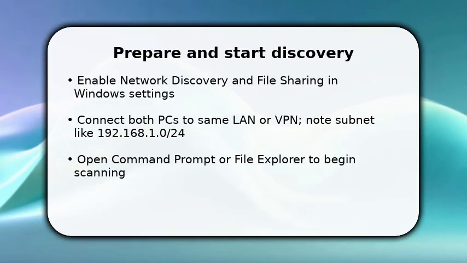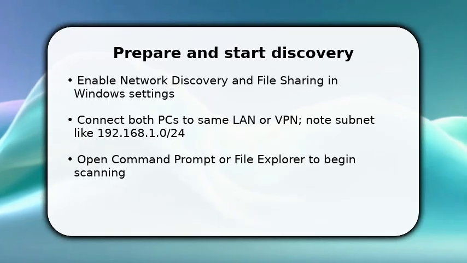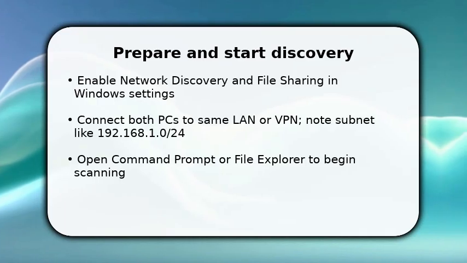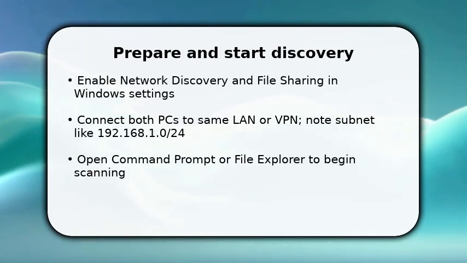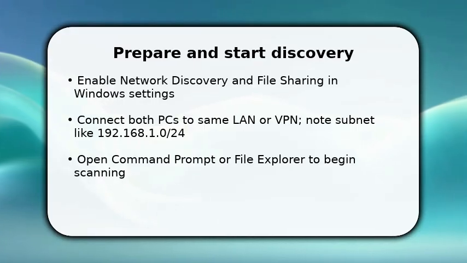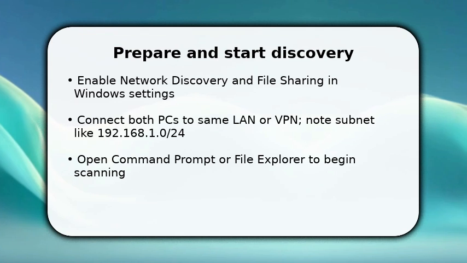You start by turning on network discovery and file sharing. This lets machines announce themselves on the LAN. Make sure both computers are on the same subnet or VPN so addresses are reachable. Once done, open Command Prompt or File Explorer. In File Explorer, click Network to see published machines. In Command Prompt, you can run ipconfig to confirm your IP and subnet. This immediate action gets you visible on the network and provides the addressing info you need for the next scanning